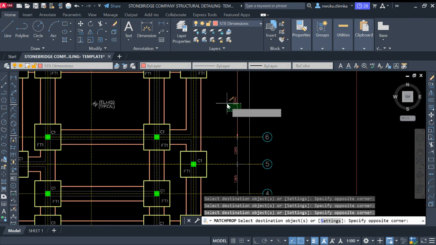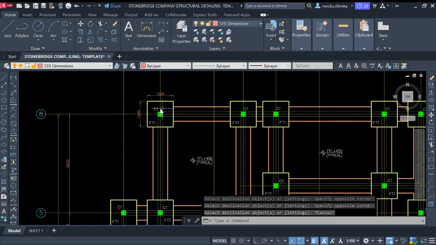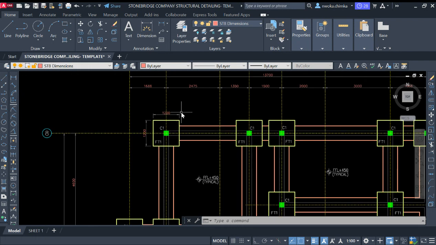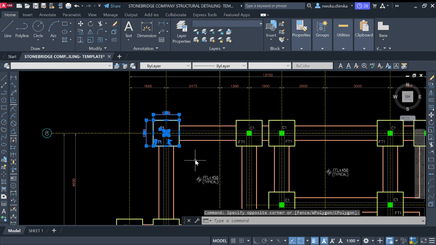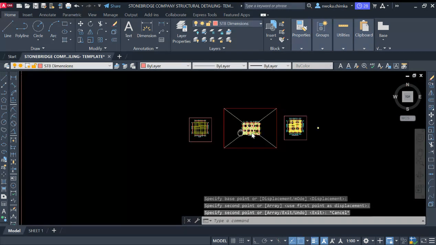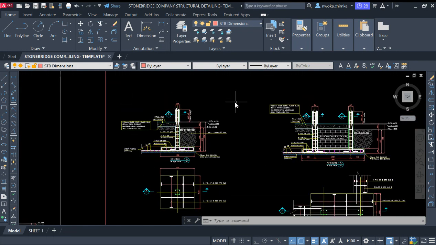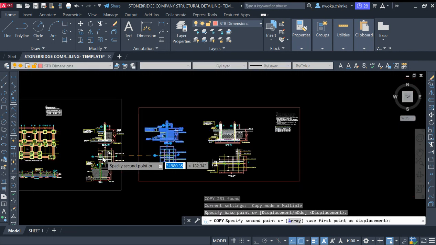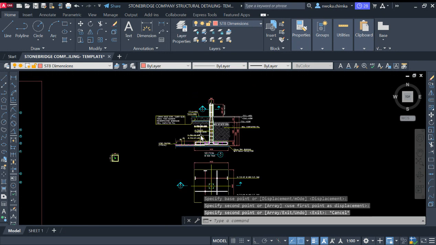Then from this foundation layout right now, in my next video right now, I'll show you how to perform the foundation detail for this footing right now. So in my next video, we will just copy one of these foundation layers right now, copy it out right now to produce our foundation footing. Since this is a single footing right now, copy one of these right now to detail our foundation footing to this standard. So in my next video right now, I'll show you how to detail this foundation footing